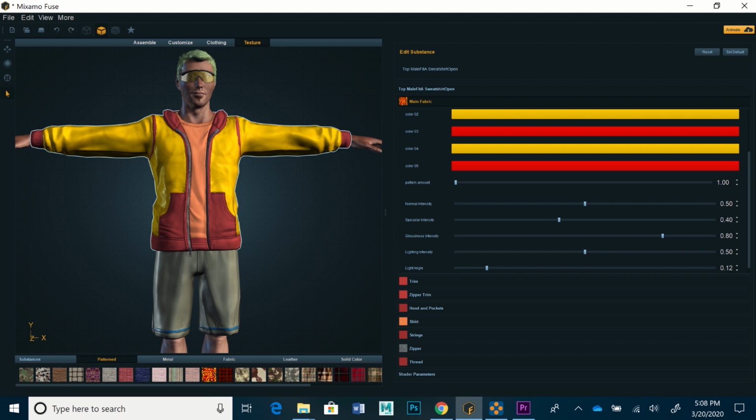I'll just pull it up a little bit here. So yeah, that's kind of neat, and I could change any of these colors to something else if I wanted